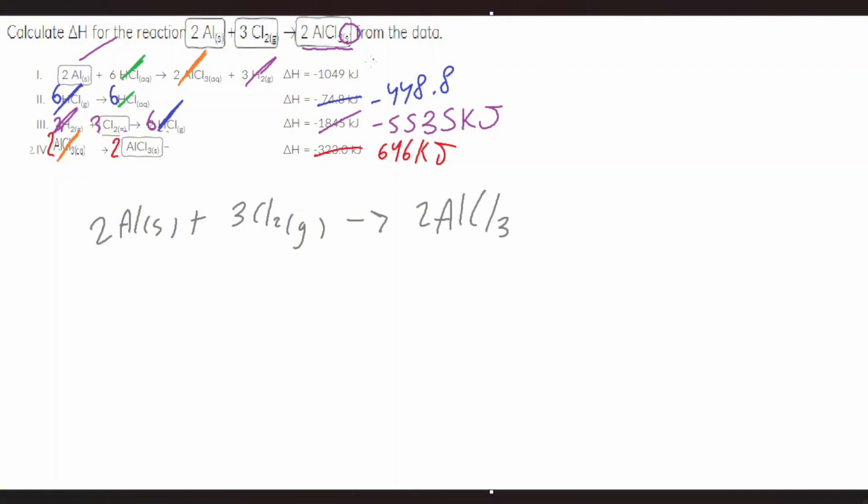And then let's just add up the enthalpies. So that's going to be -1049 plus -448.8 plus -5535 plus positive 646, which gives us an enthalpy of